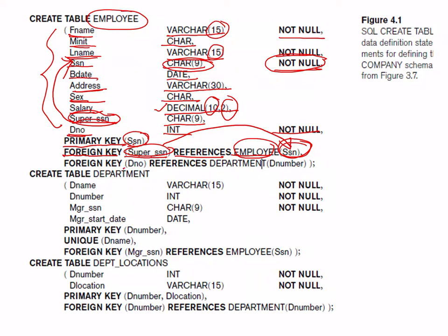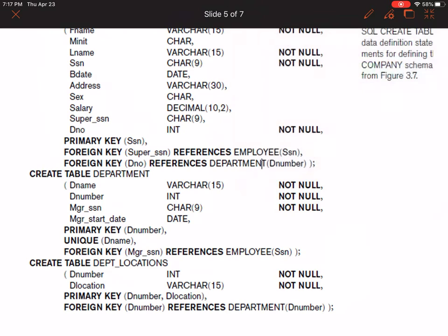Now foreign key department number. So where is department number? Department number is here. Let me just clear the screen for you. It says foreign key department number has references in the department D number. That means in this table, department number is a foreign key and it has references to the department table. The department table is here itself, I need not go back. So, department table D number. Can you see D number is here?